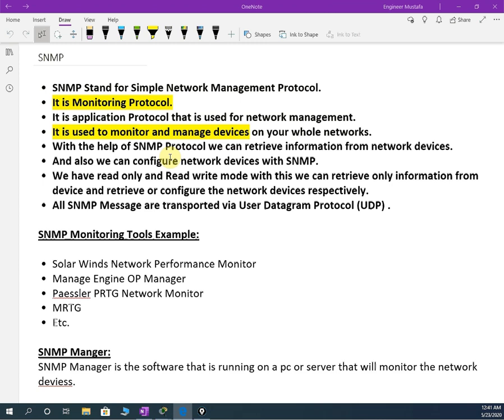Anyhow, let's start. You will be thinking, why do we want to use this? Before going ahead, if you have in your organization 3 or 4 switches and 2 routers, no need to worry. You can monitor daily. You can SSH or telnet from one PC, from your laptop, to the switches and routers you have in your organization, and check the status, whether everything is okay or what the issue is.